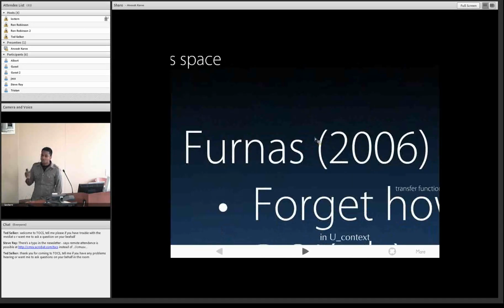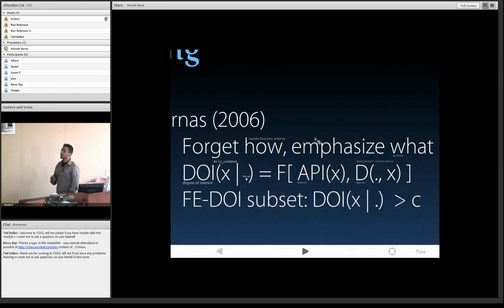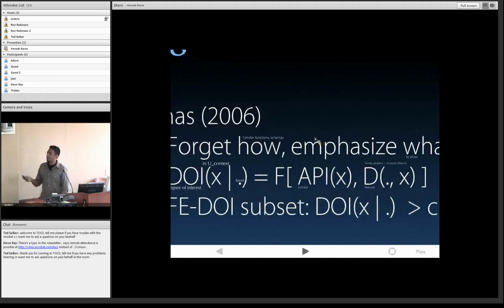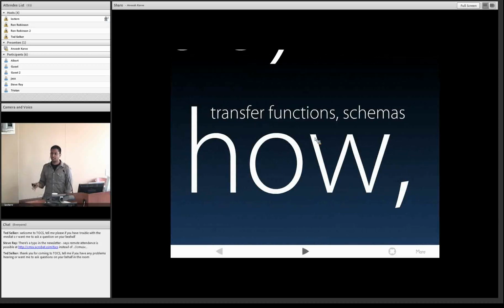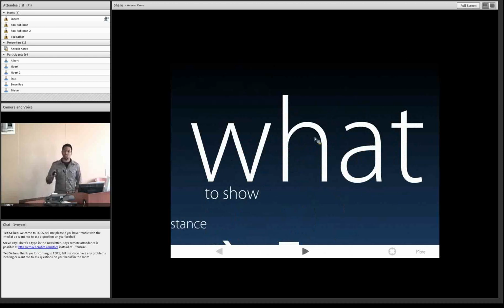So now here's a more general framework that George Furnas introduced in 2006. And what he said is, wow, the how of how we visualize information is actually really complex. So he says, let's forget about how we're going to show things and just focus on what we show versus what we don't show. His realization, as we just saw with this plethora of techniques and no clear winner for actual usability, was that in scientific visualization, the transfer functions, or in information visualization, the schemas that take you from data to marks, are totally non-trivial to develop. And so a simplification of the problem is, let's forget about how and just focus on what to show.